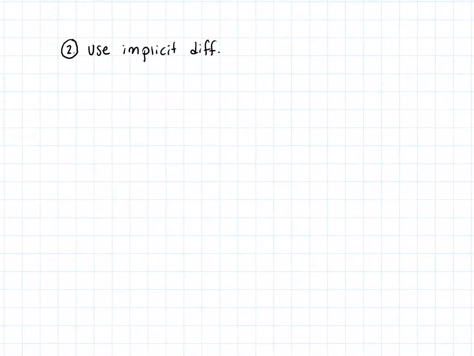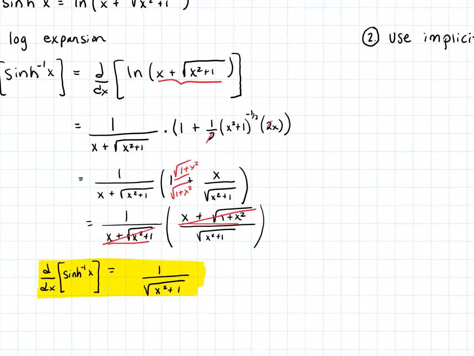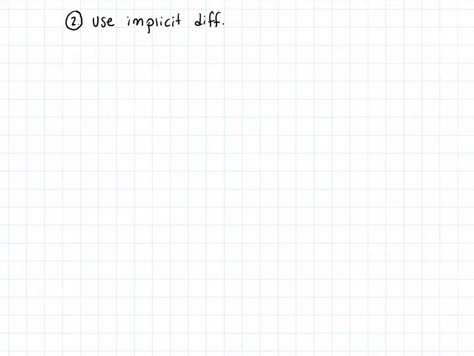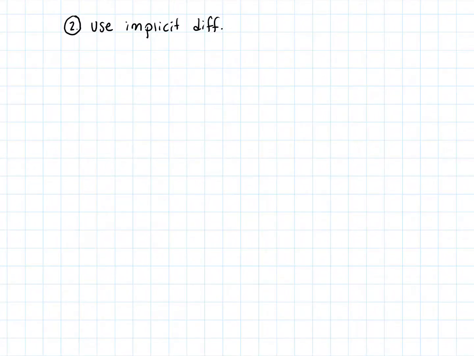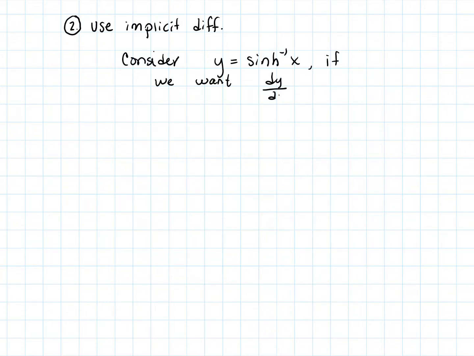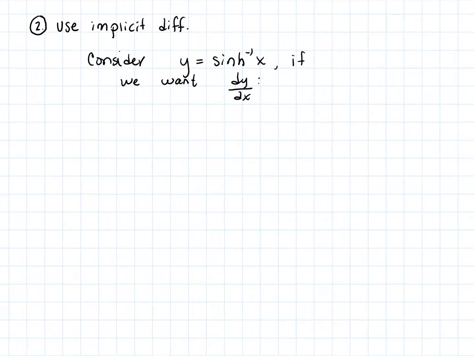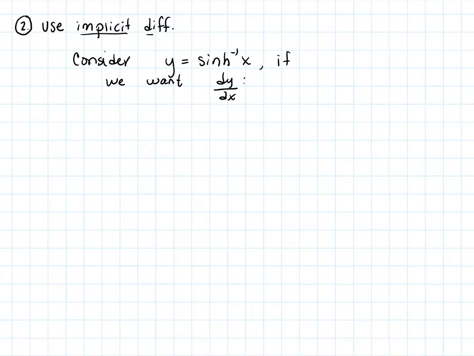So let's do one more quick proof, show that we get the same thing, and then we can compare. Now that we have all these tools in our toolbox, we have so many more ways to do it. So consider y equals the inverse hyperbolic sine of x. And if we want dy/dx, what we could do is use implicit differentiation, because I do know the